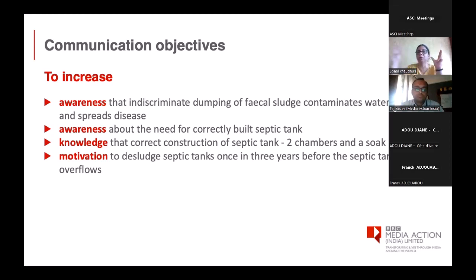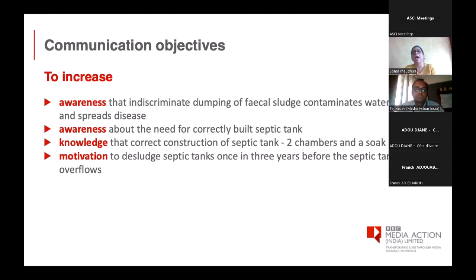Basically, we were referring to the AIDA construct, where we have to get their attention, raise their interest, make them desire a change, and then motivate them to act. Rather than just merely expecting them to break their incorrect septic tank and start desludging very regularly, which wouldn't happen anyway. So we had to take a very stepwise and informed approach